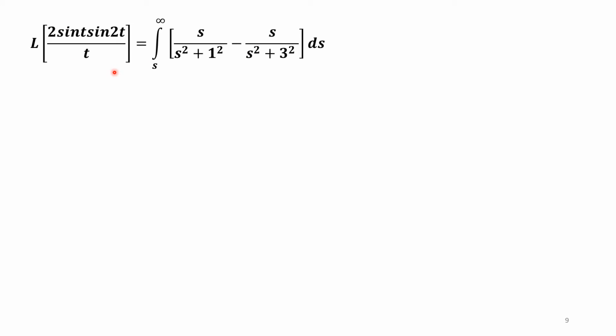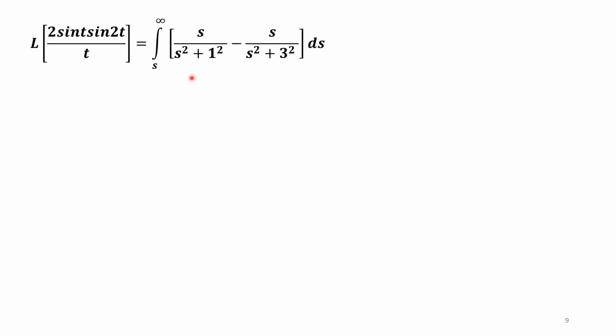Now when we calculate division by t, whatever answer we have got for the Laplace of the numerator, that function has to be integrated with respect to s between the limits s and infinity. So we got L of the numerator as s upon s square plus 1 minus s upon s square plus 9. Now this function is to be integrated between the limits s and infinity. In the basic definition of Laplace transform, it is 0 to infinity. So for division by t, we are having s to infinity.